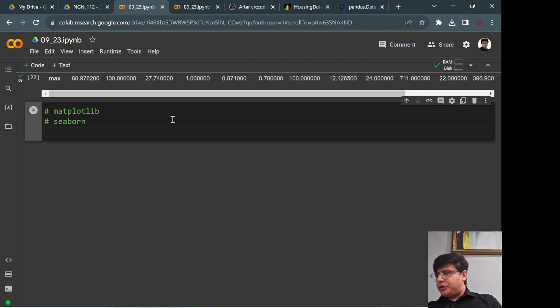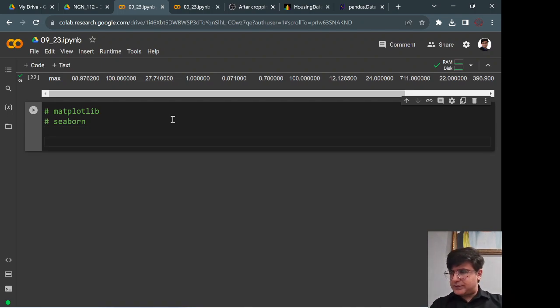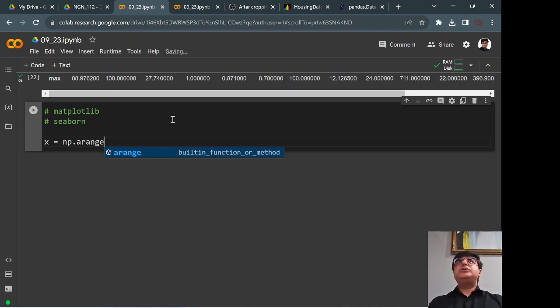Let's say I want to plot a sine function. For that I would need to first create some data, and then I can find the sine of that data and then I can plot it. So let's create some data, and we can use the function arange in Python to give me an array as a